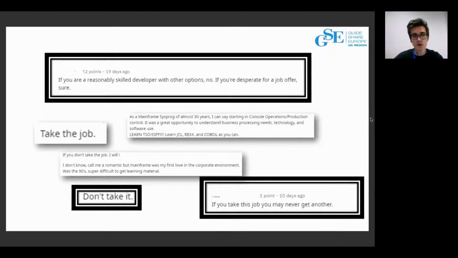You can trust your heart, or you can rely on other people's feedback about different languages and technologies. What I want to say is that there is one problem with mainframe.